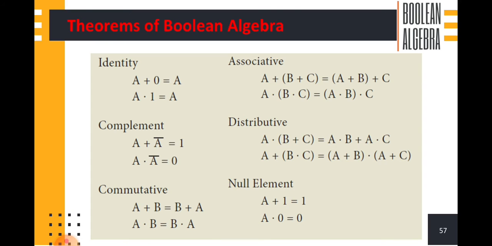And then associative law. Associative law is used to group the elements for processing. So we put brackets to evaluate the variables. So A plus B plus C is equal to, we just add the elements. We are interchanging the brackets. A plus B plus C. In the first, we put brackets for B plus C.